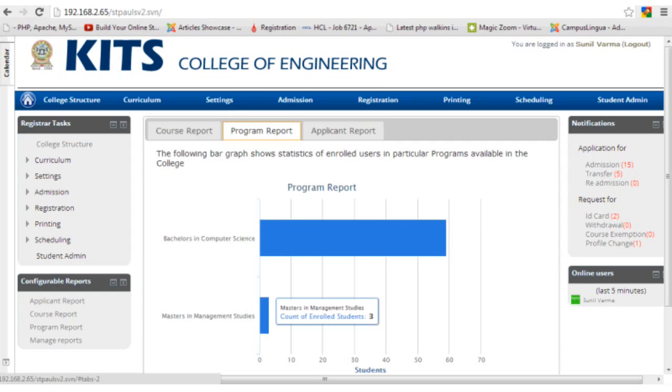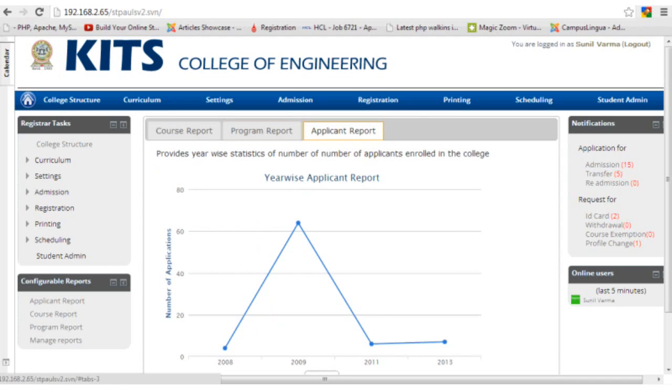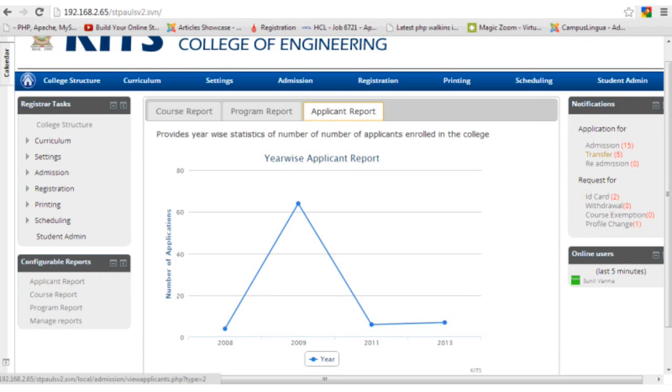And on the top for the registrar, you're going to see an admission request, transfer request. These are from the admission. Request for ID card, withdrawal, course exemption, profile change. These are all the requests that a registrar can see. And on the left side, you can see the college structure,